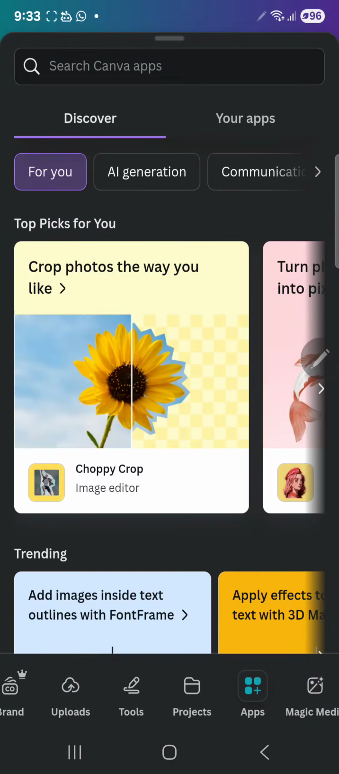we look for apps, right? Like I told you guys, Canva has a lot of inbuilt apps that normally you would have paid separately for, but because you're using Canva, you don't have to do that. Let's click on apps. Then